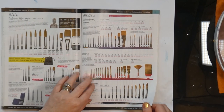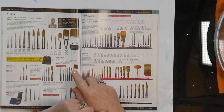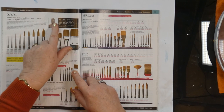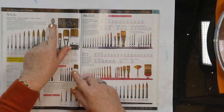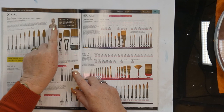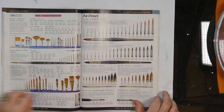But lovely, lovely selection. Oh, I wonder who that person is. There, look. So here we go. Here's the synthetic Sable here. And as I said, look, at first I was very sceptical, and I really was. I didn't think you could beat a Sable brush, and I was very pleasantly surprised. And that's true. That is true. So there you go. Lots and lots of...